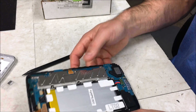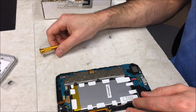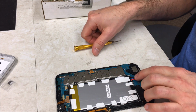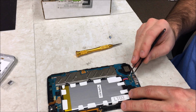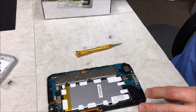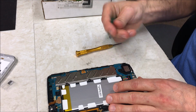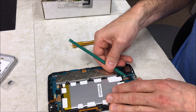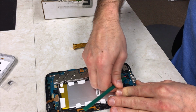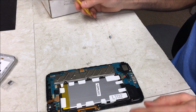So let's go ahead and remove this motherboard here. I'm going to be removing a couple Phillips head screws. We're just going to remove this motherboard here. That's all we need to do. First we can unplug the battery. It's always a good idea and good habit to get into when you just unplug the battery first. So just go underneath, pop it up, make sure it comes up gently, don't force it like I said,